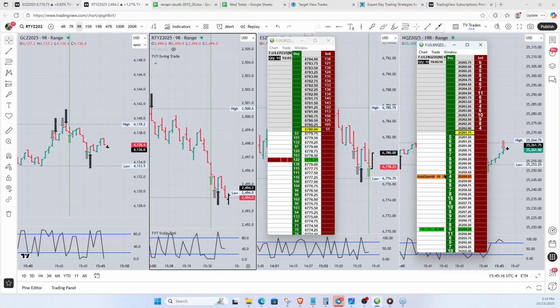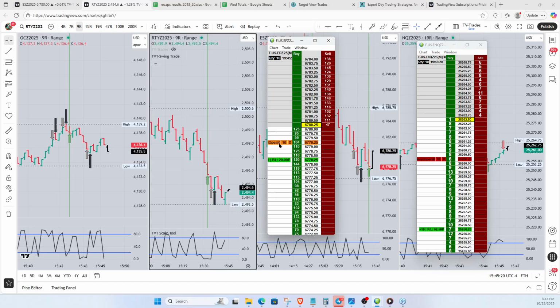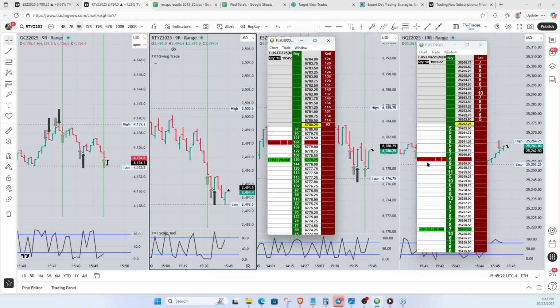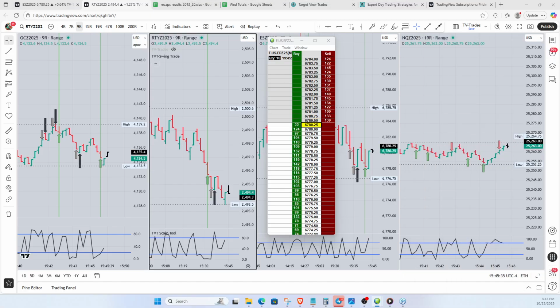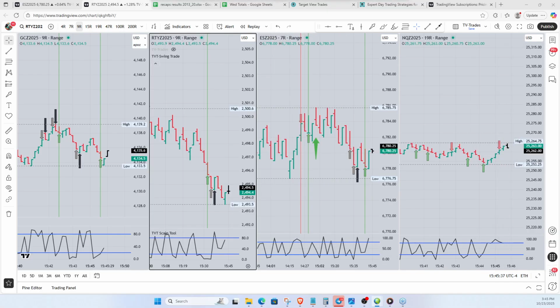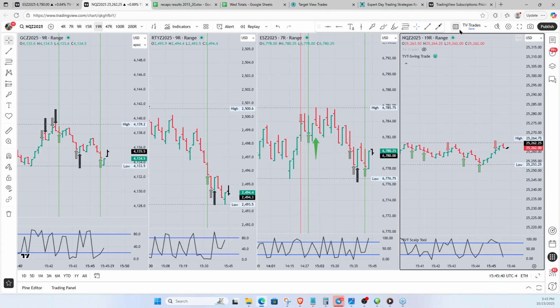We're going to go up to plus 16 on the NQ, plus 4 on that, plus 20 on the NQ, plus 6 on the ES, 24 on the NQ, 8 on the ES, we're out with 8 on the ES, and 28 on the NQ. Okay. And I think that was a break even over there on the gold. I'll go check in a second.